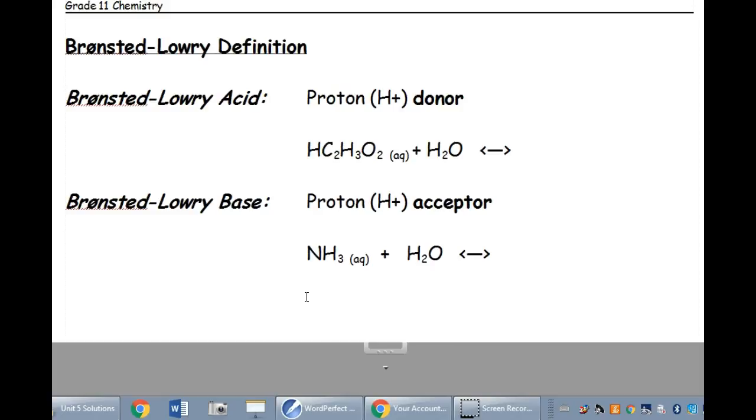retooled their definition of what constituted an acid and a base, or the mechanism of how they're produced. They needed to fine-tune that a bit, and that's where we come up with the Bronsted-Lowry acid-base definition. A Bronsted-Lowry acid is what we call a proton donor. In chemistry, the term proton is often interchanged with the hydrogen ion, and I can explain that